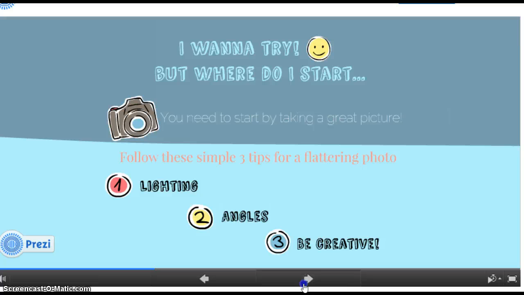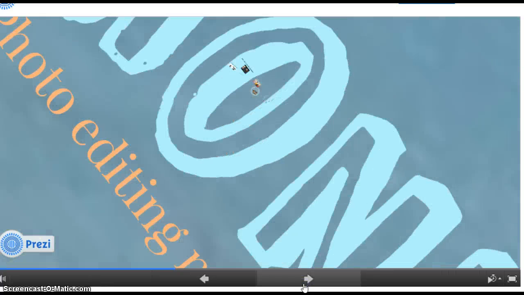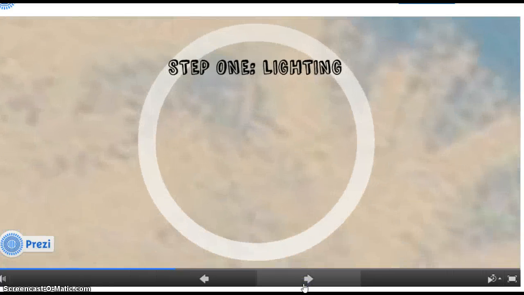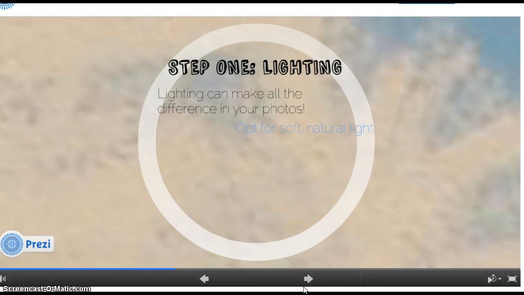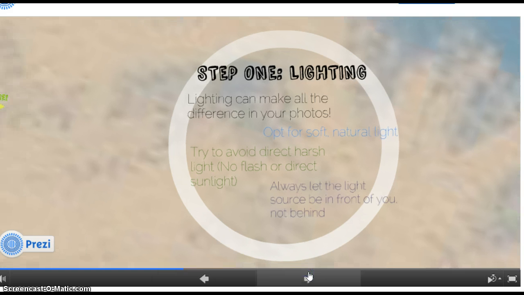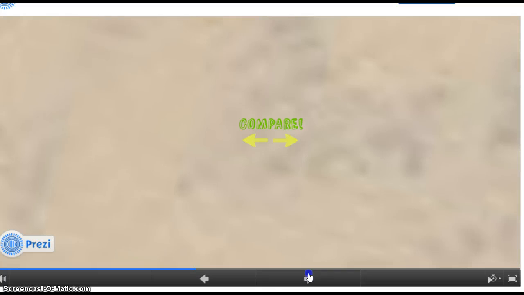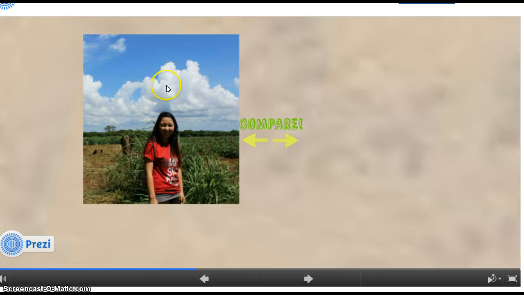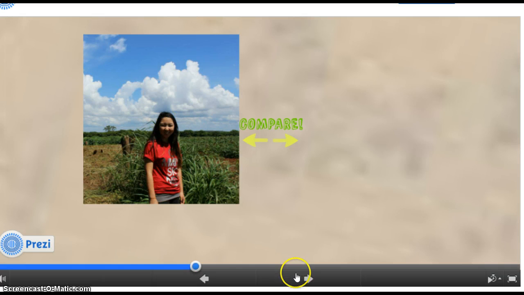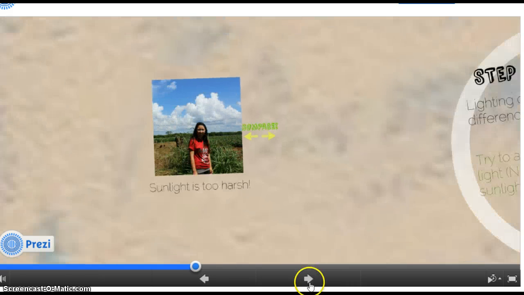And to get to step one, which is lighting, I included really easy tips on how to have really nice lighting for your photos. And I gave an example of a photo that I took. As you can see here, the lighting is just terrible. On my face, I just do not look good. It's harsh because the sunlight is right on my face,